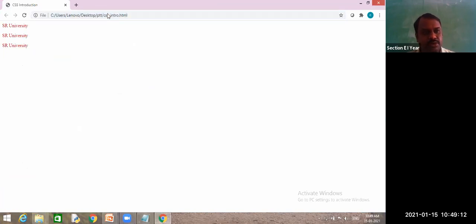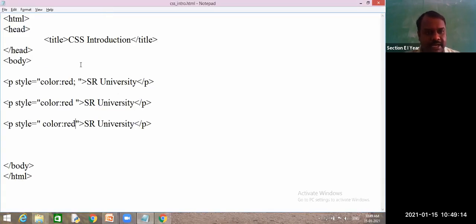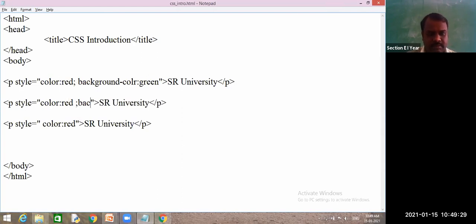Yes, all are changed to red color, and I want to give its background color. Background color is green, and this one, background color is green.